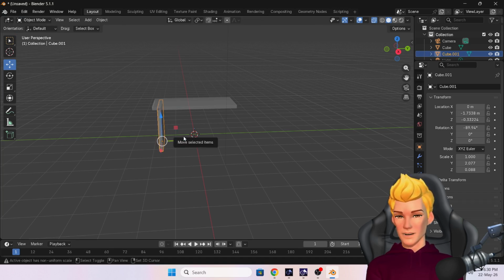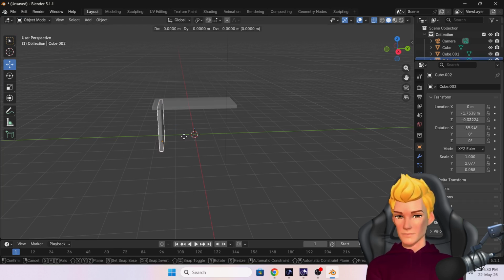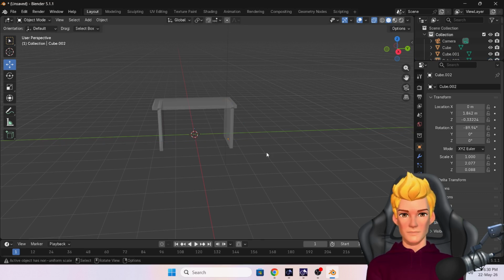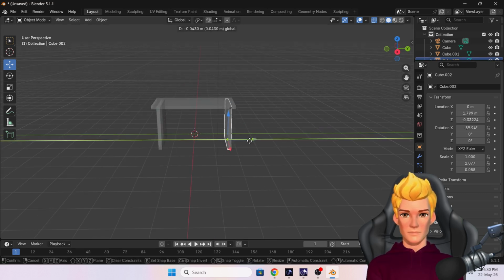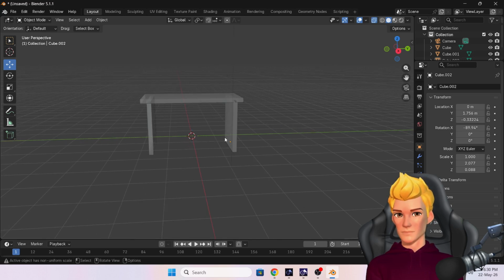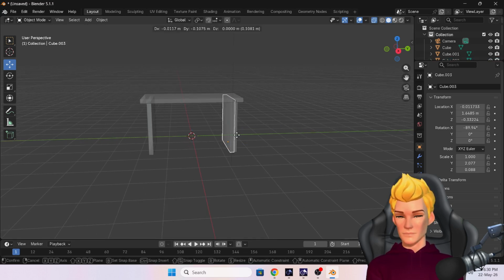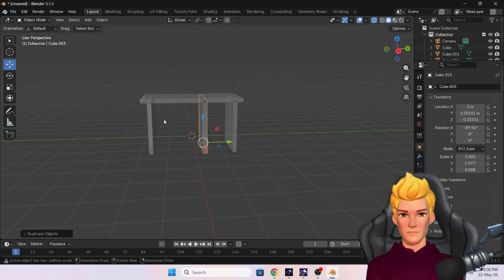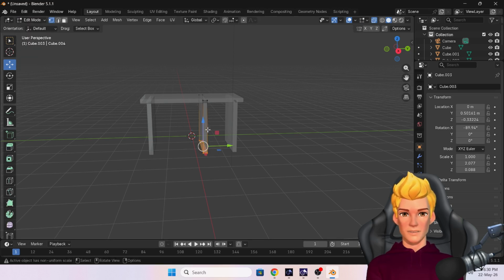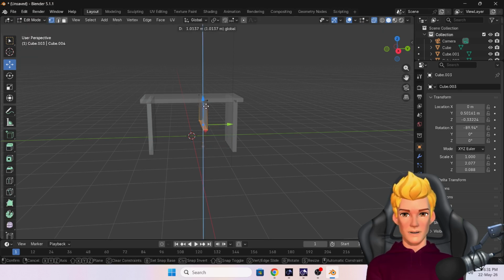and then again press Shift D, press Y and click it here, and again press Shift D, press Y, keep it here. Go in edit mode, select all these vertices, move them a little bit here like this,